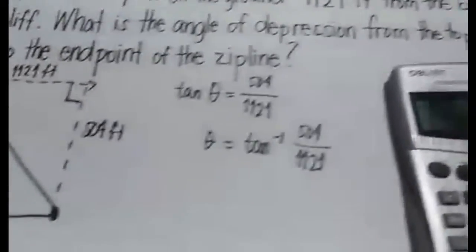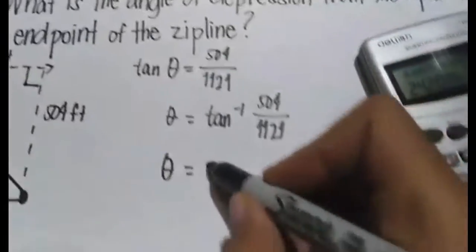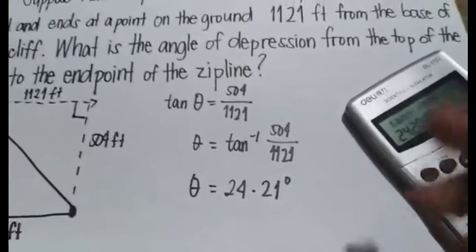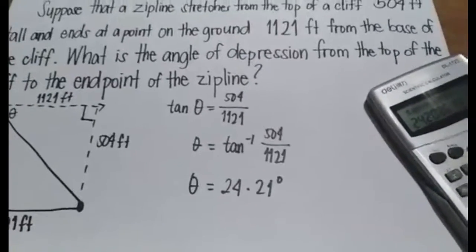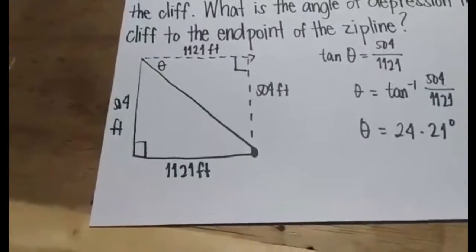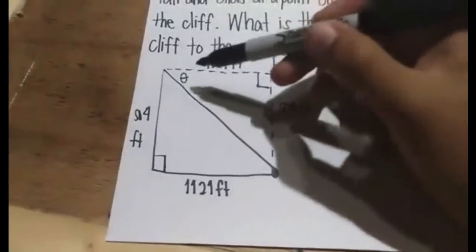and we have 24.21, which means that the value of theta is 24.21 degrees, meaning the angle of depression from the top of the cliff to the end point of the zipline is 24.21 degrees. As an additional tutorial, I could show you how to get the value of the length of the zipline,